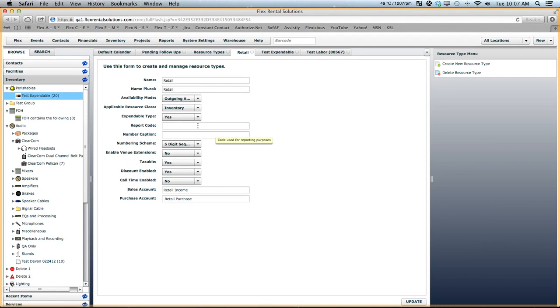Report codes are used for our programmers in the back end if we're putting together customized reports and we need to pull specific data and tabulate that up towards a specific resource type or multiple resource types together. This would allow us, per customer, to create specific codes based on their resource types. Number captions: we can give specific numbering schemes to specific resource types, and we can call that number a specific